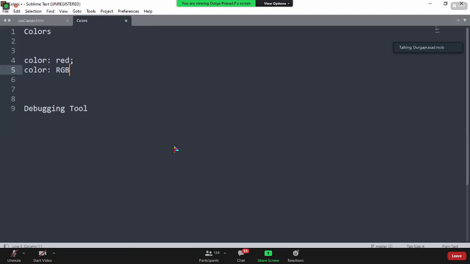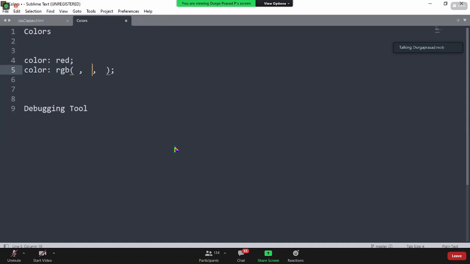In the universe, any color can be obtained by mixing a bit of green, a bit of red, and a bit of blue. That is the reason whenever you are working with colors, you can simply say RGB, open braces and close braces. Under that, you specify a value for red, a value for green, a value for blue.